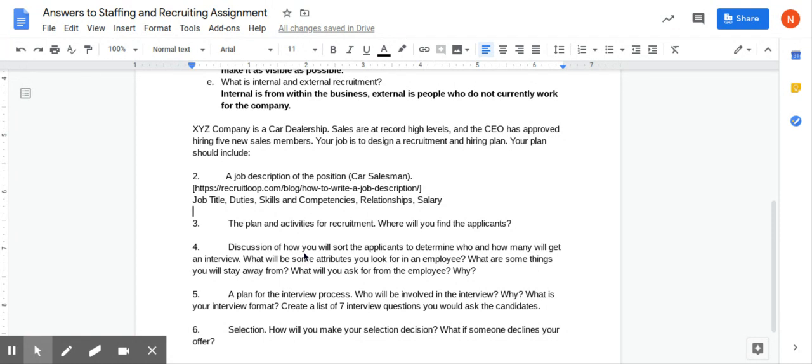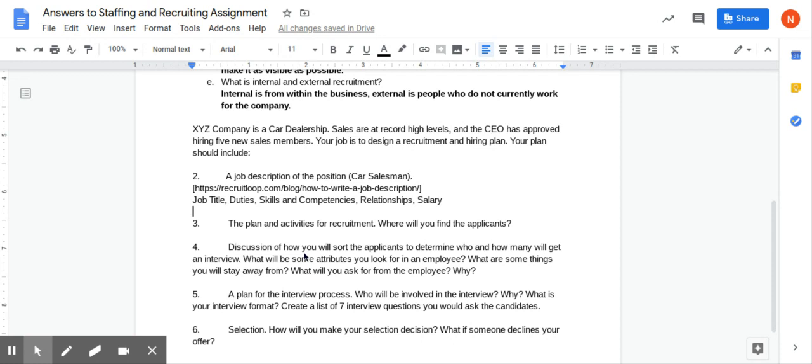Your relationships. That talks about who would be your superior, who you're going to have to talk to, things like that. As a car salesman, you're going to have to talk to the financial advisors at the job. You might have a sales manager who'll talk about numbers with you and who's going to be selling cars, like how many cars you're expected to sell. So you're going to talk about those kinds of relationships, and then a salary.